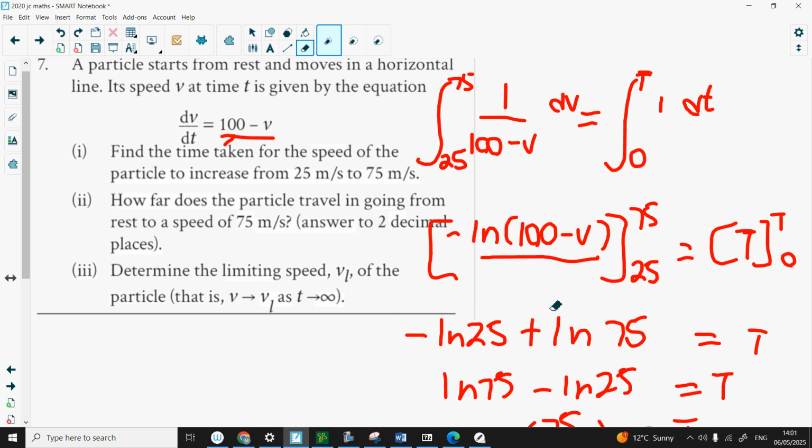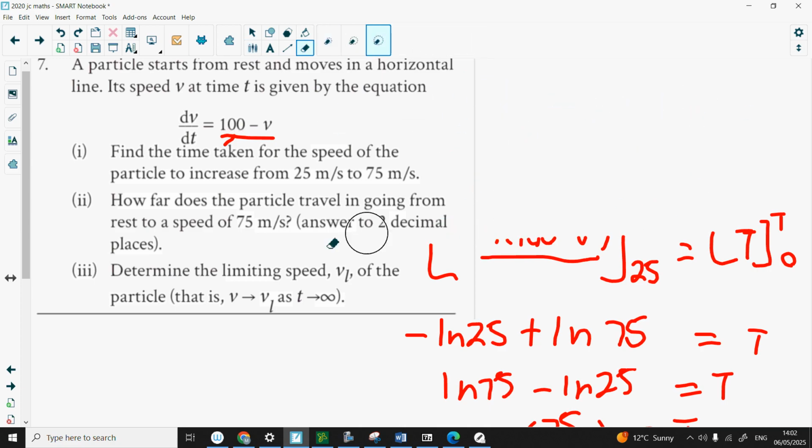Just while I'm here, I'm thinking about going back to the initial question and turning the lower limit into 0. I could find the time taken that way, couldn't I? And then somehow relate it to the distance using ds/dt. But maybe the quicker way to do this would be,